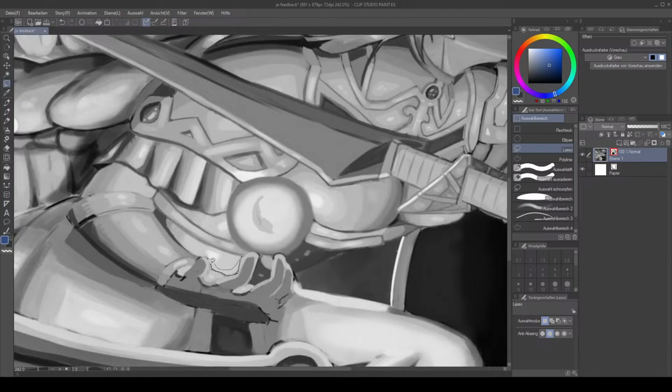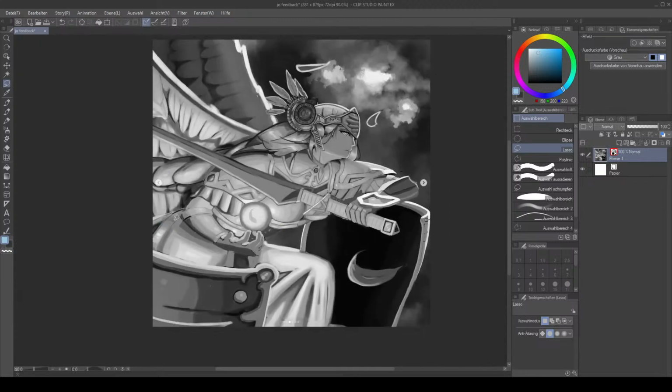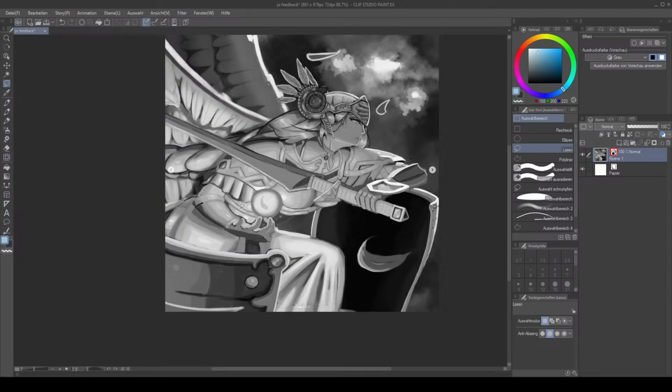Sometimes it's also okay to break the rule, for example, I'm breaking the rule here because I don't even know what is going to be shadowy here, but I'm going to break the rule there, ignoring the lighting shining, because it serves the purpose of increasing my readability. So right now, I separate the hand